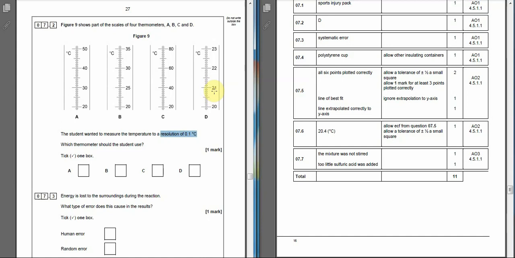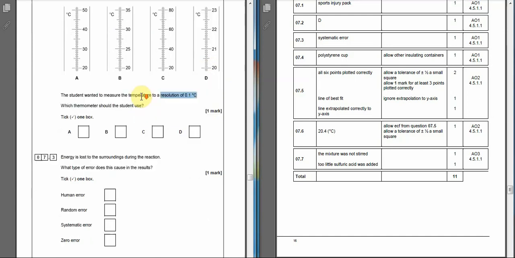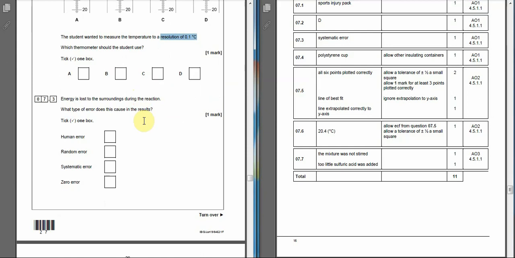D's got the smallest increments, so we can count up in the ones here: 0.1, 2, 3, 4, 5, 6, 7, 8, 9, and then we go to 21. So that would be by far the best one on there. 7.3,